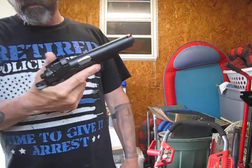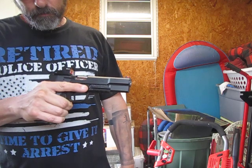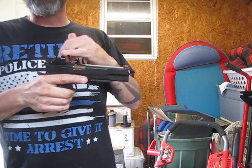But I like the grip much better than the Girsan MCP 35. Yeah, I can't wait to get a red dot on here that I like. This one I can't use,